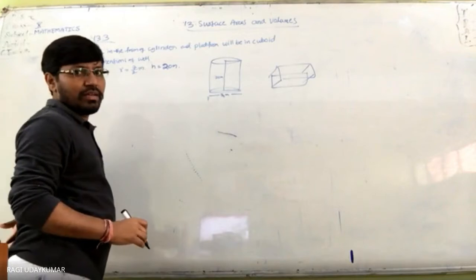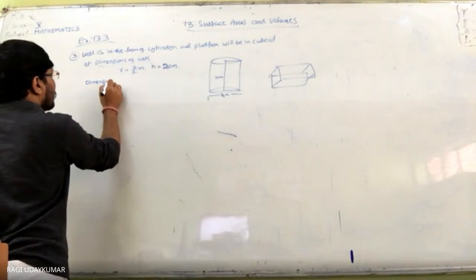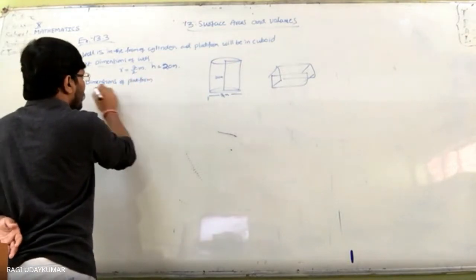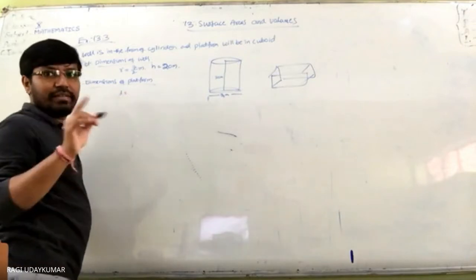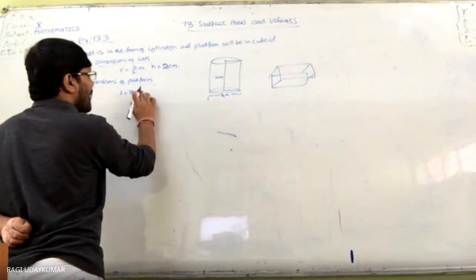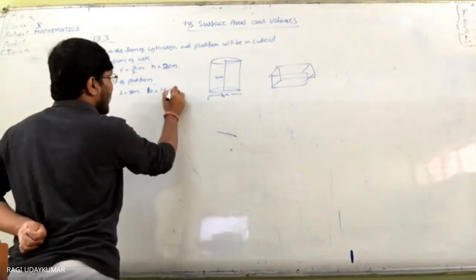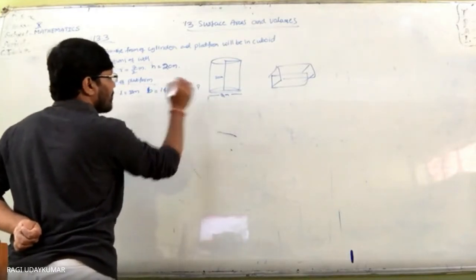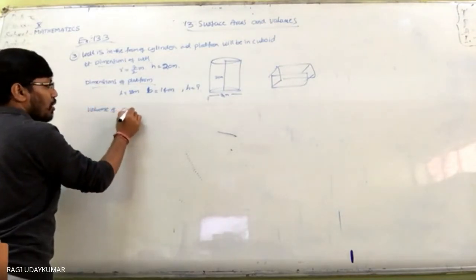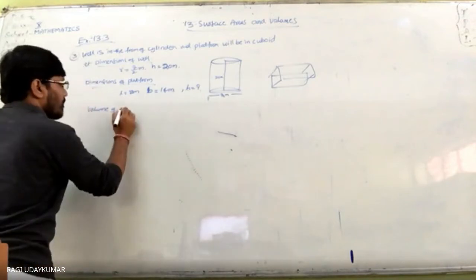And dimensions of the platform. Length is equal to 22 meters, given to you, breadth is equal to 14 meters, and height we need to find out. Height कितना है? So value of the cuboid, so value of the platform